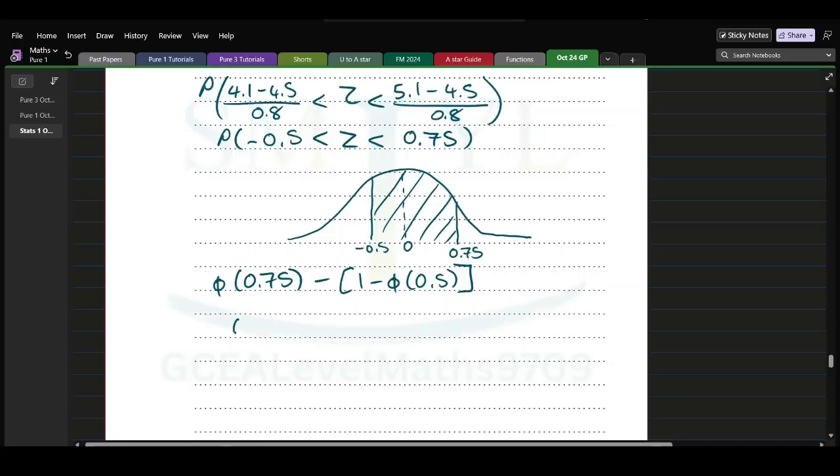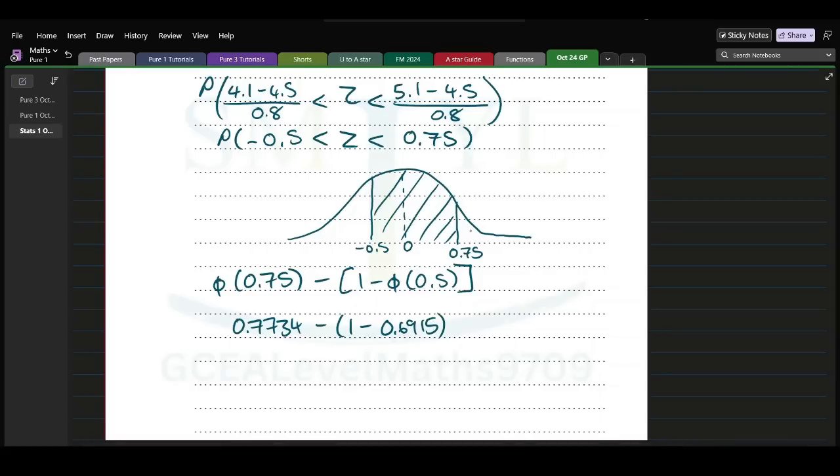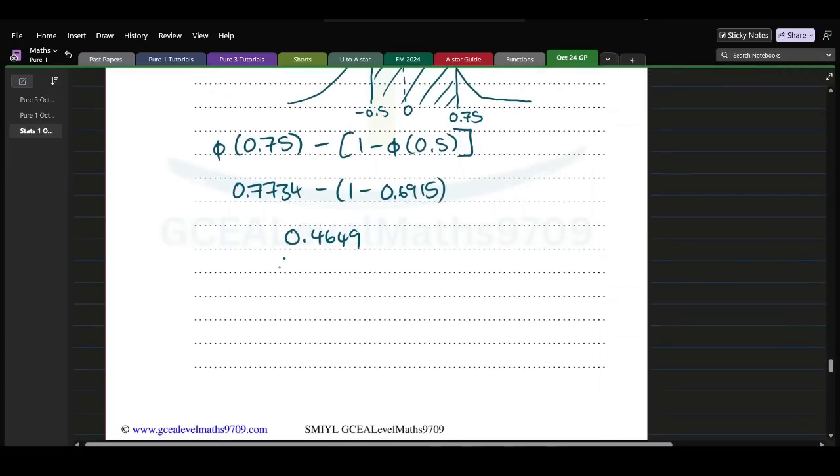That gives us 0.7734 minus 1 minus phi of 0.5, which is 0.6915. Alright, so let's simplify this. This is 0.7734 minus 1 minus 0.6915, and this gives us 0.4649. So we can conclude that therefore the final answer is